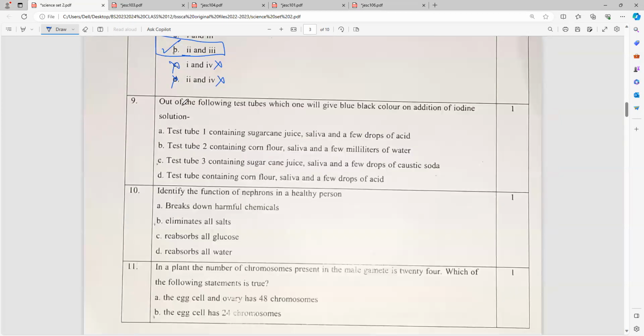Okay. Next, out of the following test tubes, yesterday also I already told you this. Same question, set 1 and set 2. Which of the following test tubes will give blue-black color on addition of iodine solution? Iodine solution only shows blue-black color in the presence of starch, not in the presence of an acid or base. So only option B supports our case study. So iodine solution gives a blue-black color in the test tube containing corn flour, saliva, and a few milliliters of water. In the presence of acids or bases, the iodine